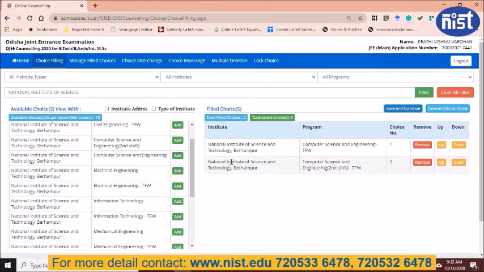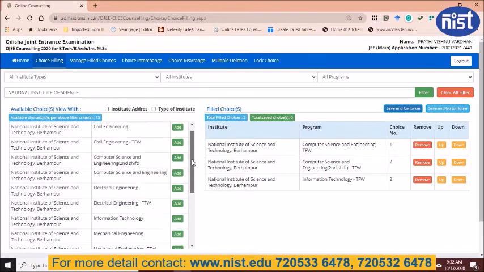Then I can fill here EC, or here you can give, suppose, ITTFW. I want to give the IT. Okay. Then I can give the next branch option.